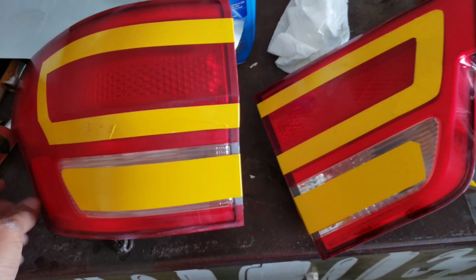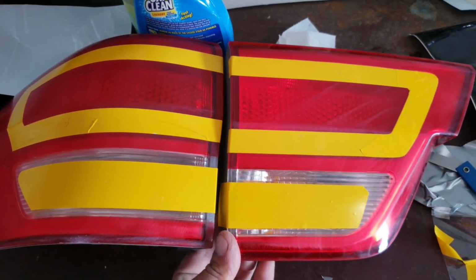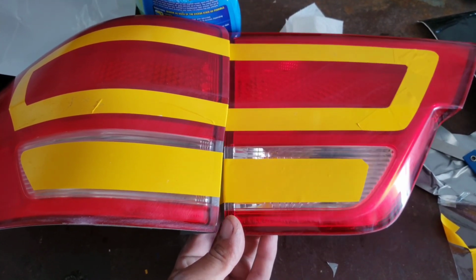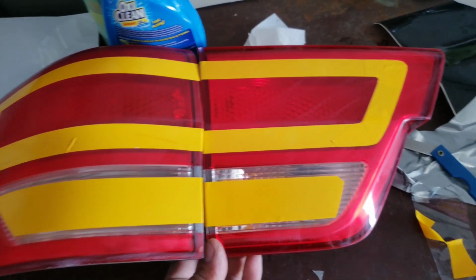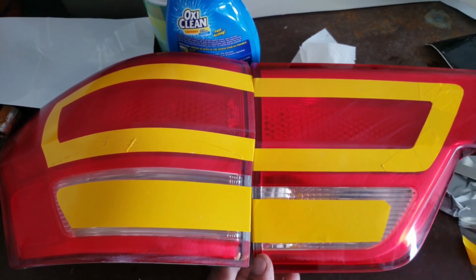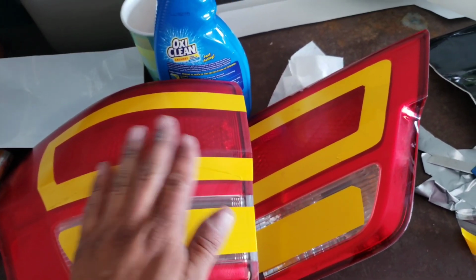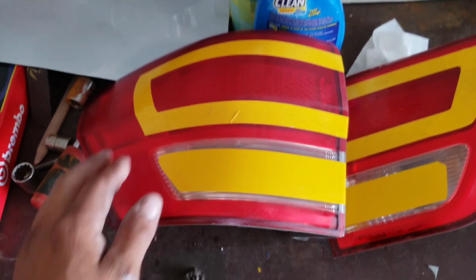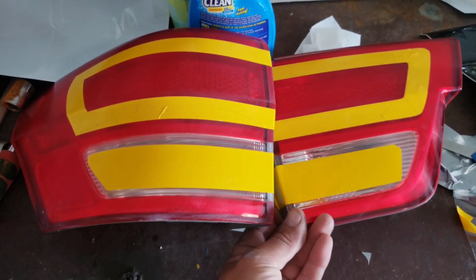Okay guys, so here they are. That's the vinyl. Everything that's yellow is gonna be non-painted, so I'm gonna paint everything around it. All that you see red right now is gonna be painted, and everything with the yellow is gonna be left the way it is. So like I said, everything is sanded, so I'm gonna start spraying the VHT tail lamp